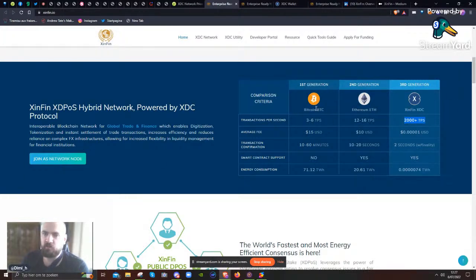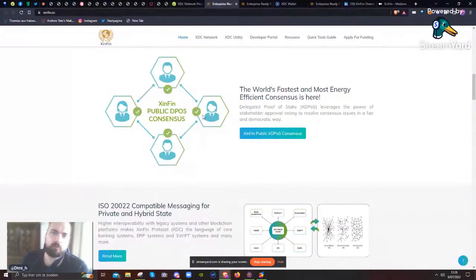You cannot compare the three. This has been made as a peer-to-peer electronic cash system. This one has been made for dApp development, or decentralized application development. This one is a copy of Ethereum. Well, not a copy, but imitates Ethereum, but is more focused on finance. So if there is a comparison, these two need to be compared. Or even something like Polkadot, Tron, AVAX, etc., other decentralized application platforms. So what Bitcoin is doing there, I do not know. You may call me a Bitcoin maximalist, but it's plain fact that I'm stating here.